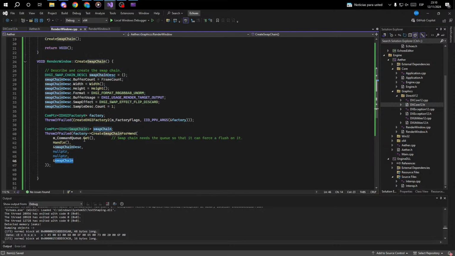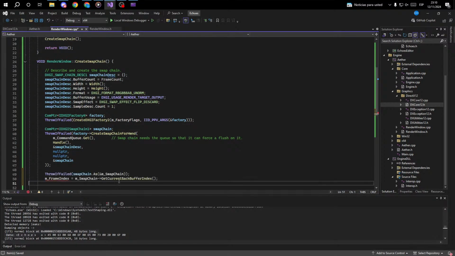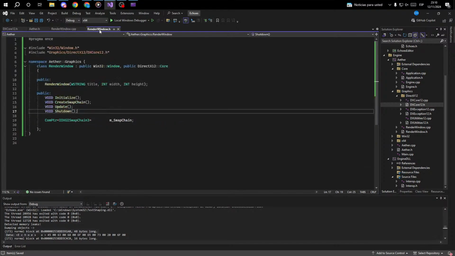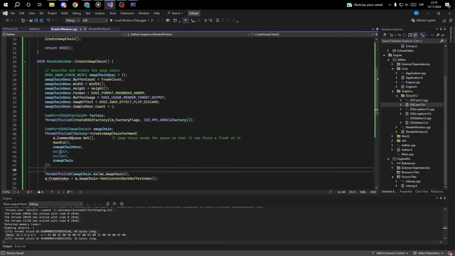And then we are going to declare that on here, because we're going to say we create it and we need somewhere to actually create it. So we're going to create that on here. And what we're going to do is just recreate that as our swap chain. Now this is a swap chain 1. This is also a swap chain 1. No, this one's a swap chain 3. Okay, so we're going to create it as a swap chain 1, and then we're going to redefine it as a swap chain 3. And again, just because these have different functions on it,